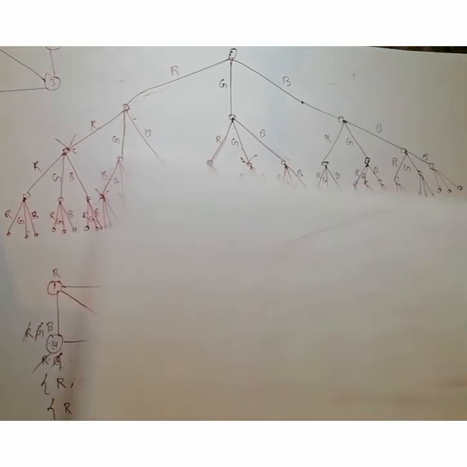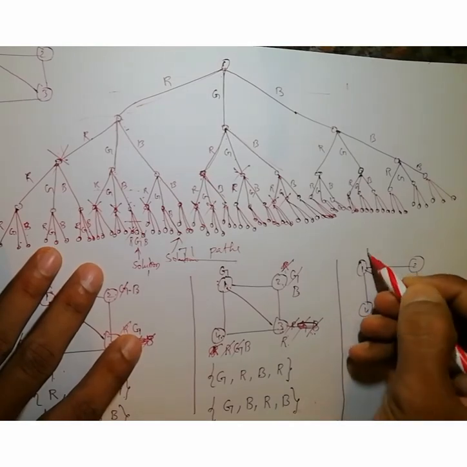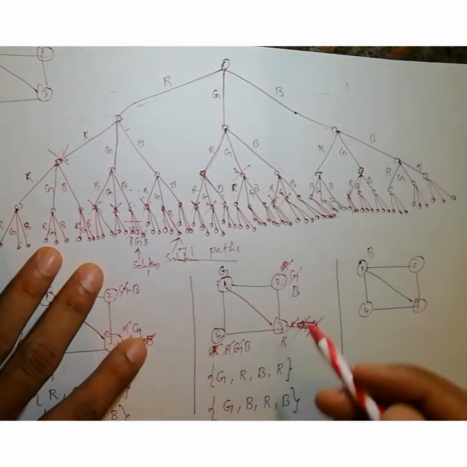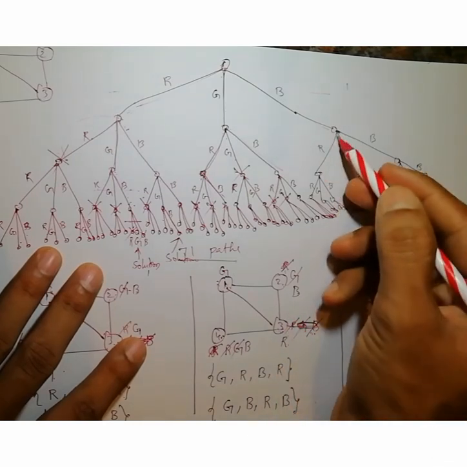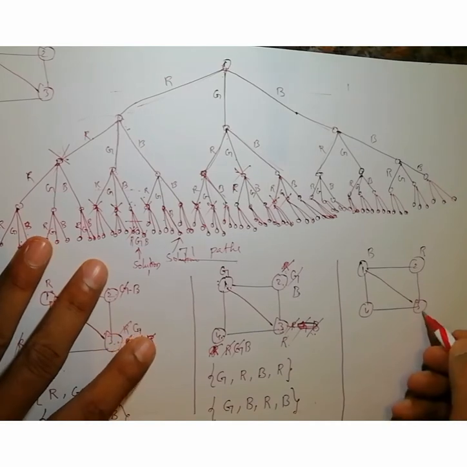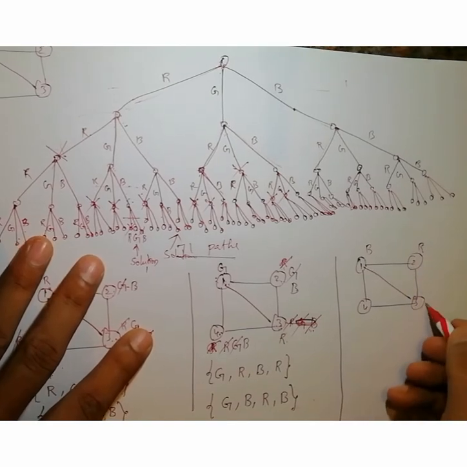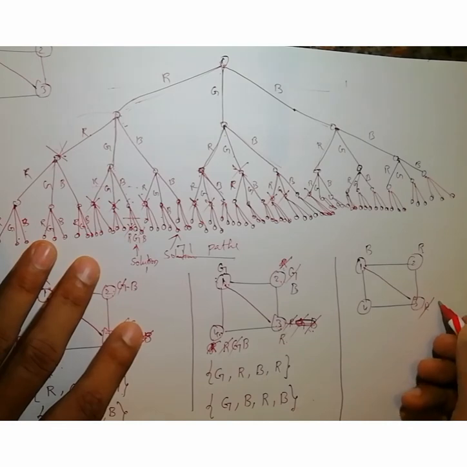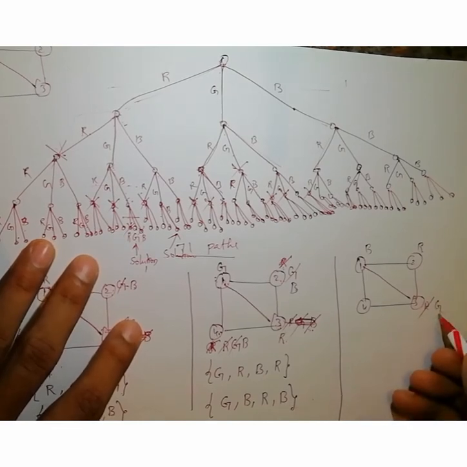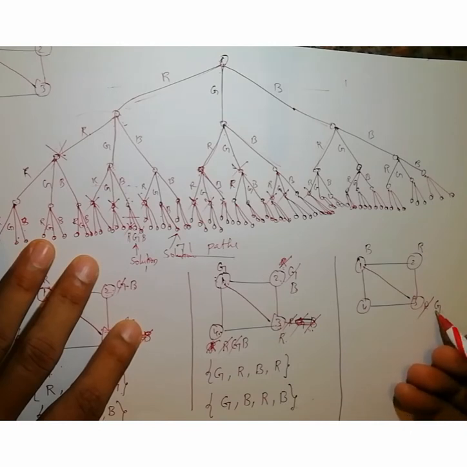So see here, for vertex 1 initially it is blue color, okay. Next, can I give red color for vertex 2? Yes, I can give. Next, can I give red color again for vertex 3? No, I can't give, because vertex 2 is already red, so I can't give red color. So I can eliminate R. Can I give green color for vertex 3? Yes, I can give, because the adjacent vertices have a different color, so I can give green.